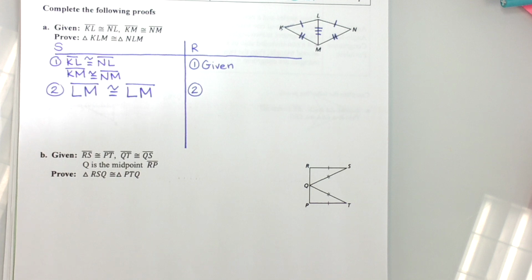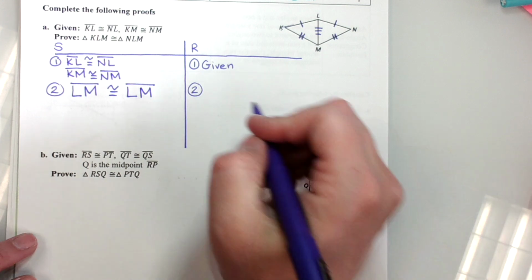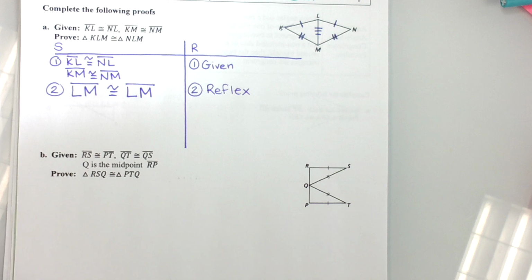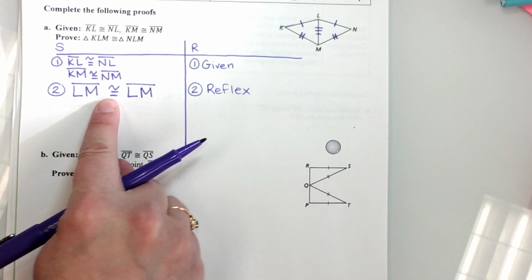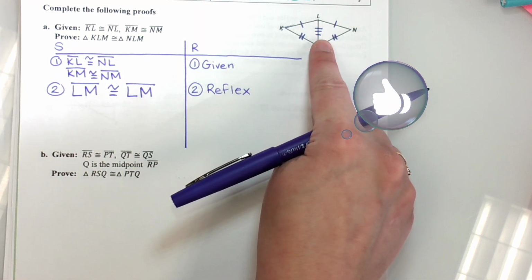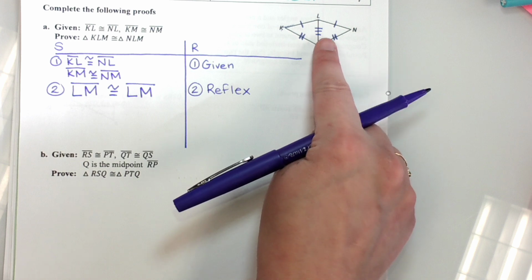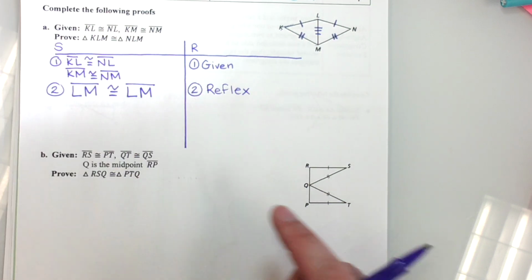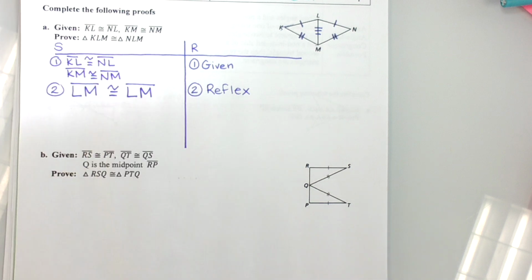Which property said something was congruent to itself again? Reflexive property. Congruent symbol here. Make sure you mark it on the picture. How many congruent symbols do I have? Currently I have 3, so I'm thinking I've got the right setup. Now,